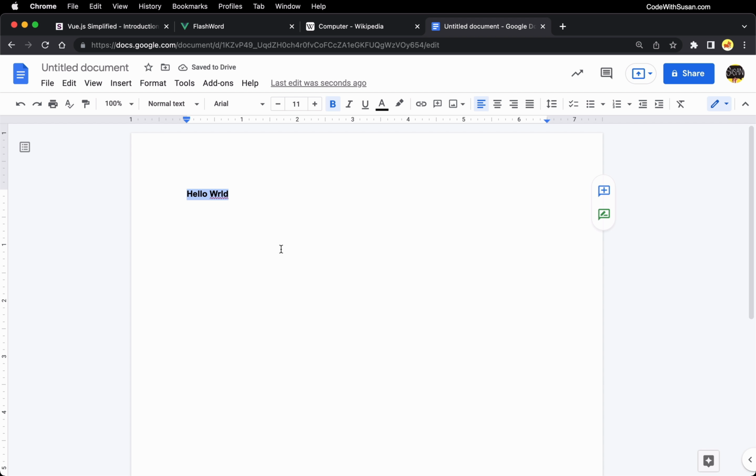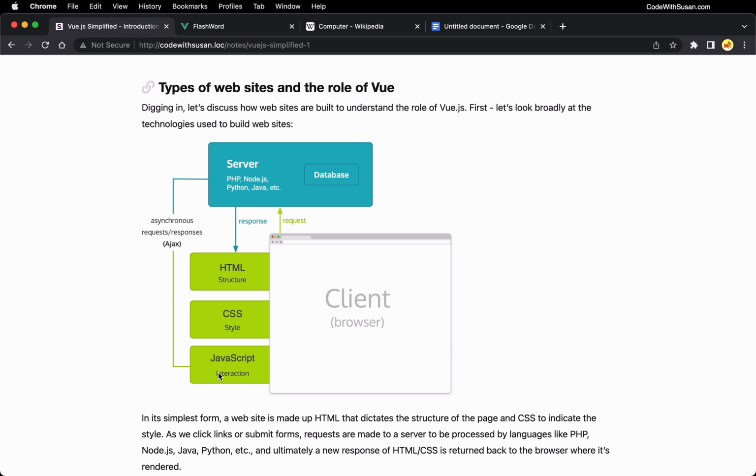And all of that is happening and powered by the third layer that we see in our client-side technologies, which is, of course, JavaScript. JavaScript allows us to create dynamic websites because it gives us a way to manipulate the HTML and the CSS on the page on the fly in reaction to actions from the user. And because we can do that, because we can manipulate the content dynamically, we don't have to rely on that classic model of if we want to see new content, we have to make a whole new request to the server. The server has to return a whole new response that then has to be rendered. Instead, we can shift the responsibility to JavaScript and what's happening in the browser to react to what the user